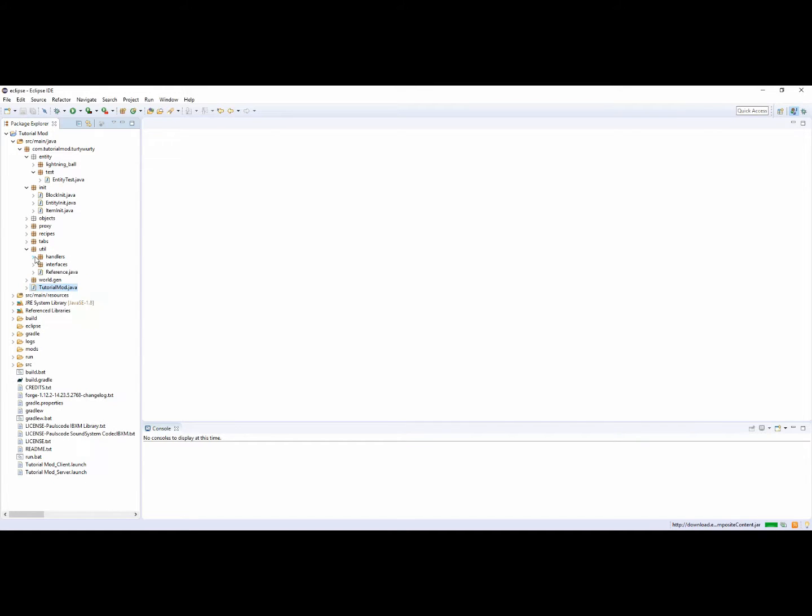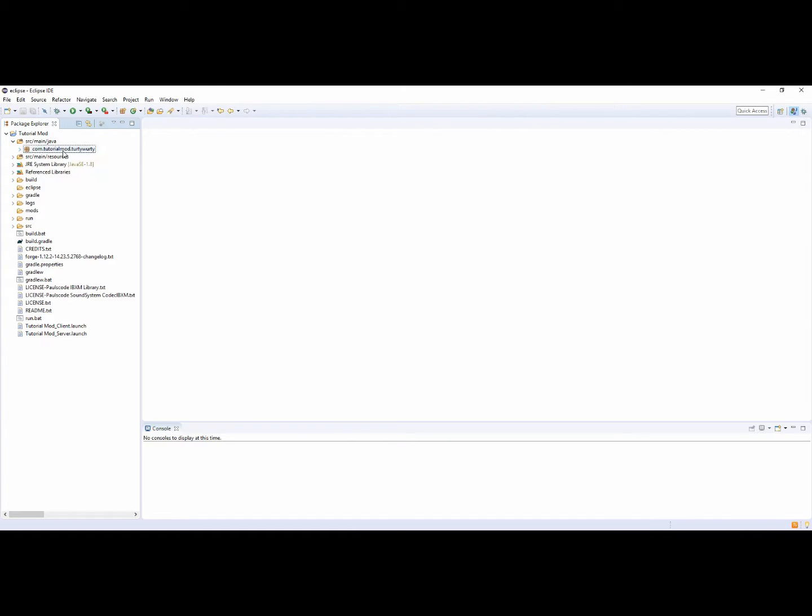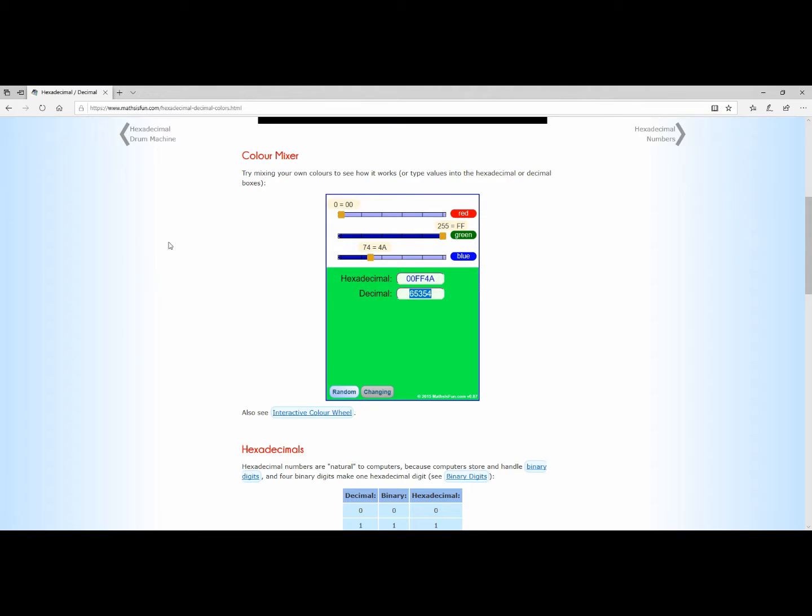That's much better. So let's collapse all of this, because we're going to need to create the model. The way I advise you create the model is using something called Tabular. If you don't know what this is, it's a Minecraft mod which allows you to model inside the game. So the way you can get Tabular is by going on the internet,